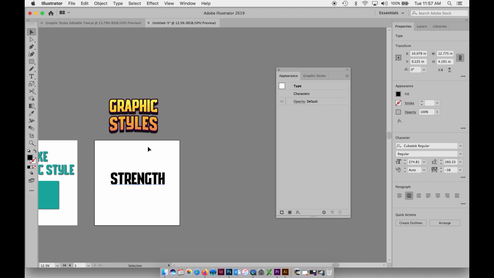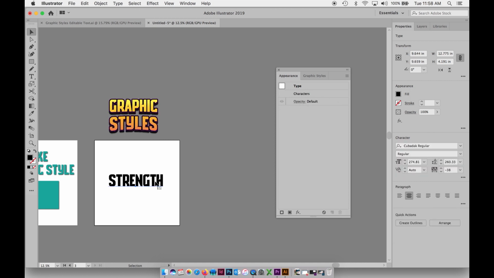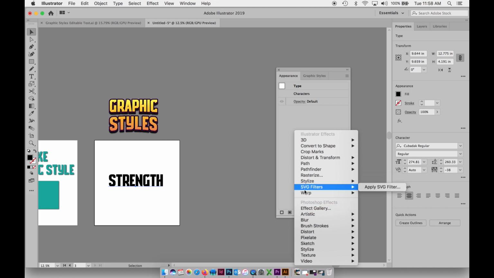And I mean, you could easily enough take that graphic style, make a graphic style, and apply it to this, but I want to show you guys how to build from scratch, so this is how we're going to do it. So I can look at this and say, okay, well, I started with a warp arc lower, so I'm going to click and go to warp